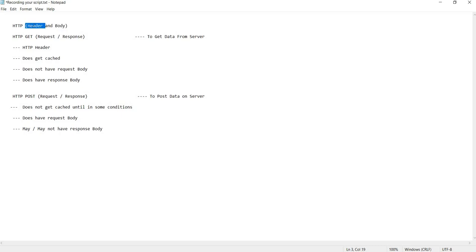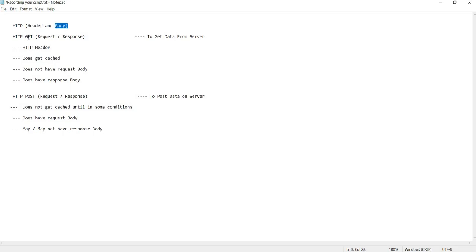We cannot flood it with a lot of text. So we have a limitation in the header. We can fill in only a limited amount of text into it. You may have seen some text boxes which have a limitation of filling up to 1000 characters. This is the same case with the header, but the body does not have any limitation.